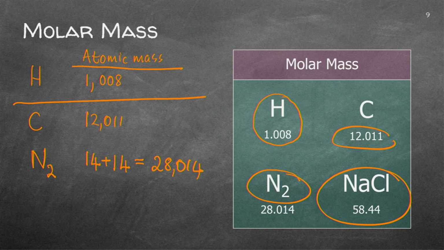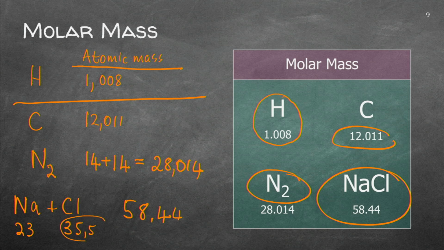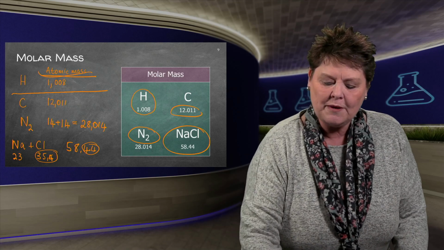And then we've got this compound. You know it is sodium chloride. So you will have sodium plus chloride. The sodium will be 23. Chloride is usually 35.5. And you'll get to that exact number. Now, this is a little bit different because I'm using 35. I could use 4. Then I would get to this fraction. Important. This is the atomic mass.